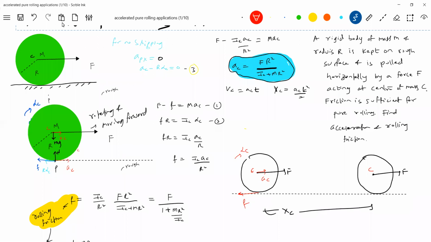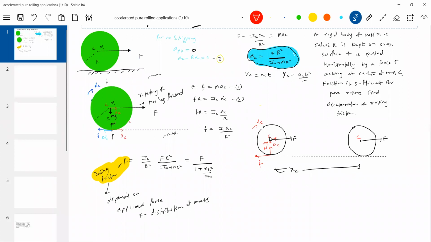I think all of you might have done it yesterday. I told you, take any cylinder or container, push it, and it starts rolling. Or take any sphere, start pushing it, and it starts rolling. Now, what is the friction? It's a rolling friction. What is the work done by it? What are the forces acting? Normal contact and weight mg. What is the work done by normal contact? It is zero, because it acts perpendicular to displacement. Then what is the work done by the weight? It is also zero, also acting perpendicular to displacement.